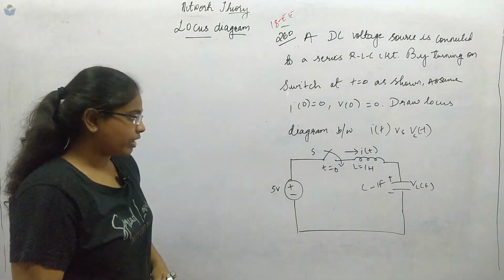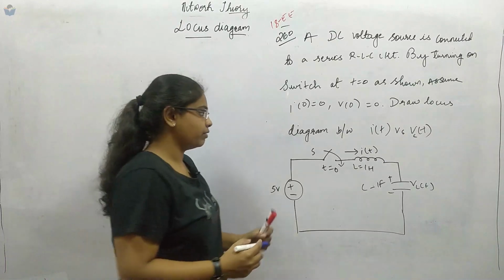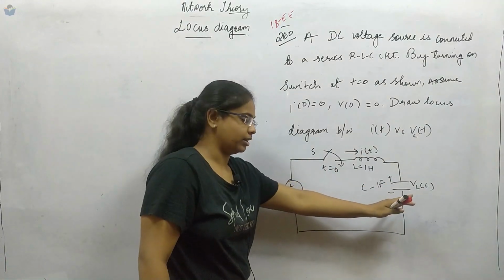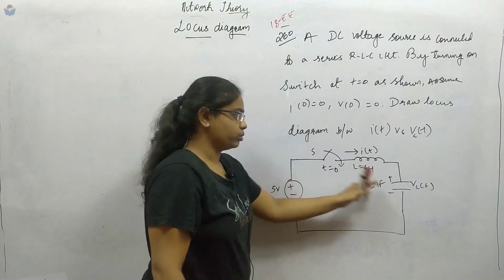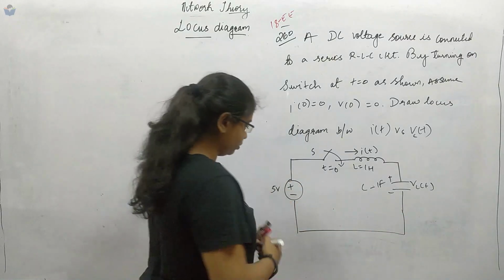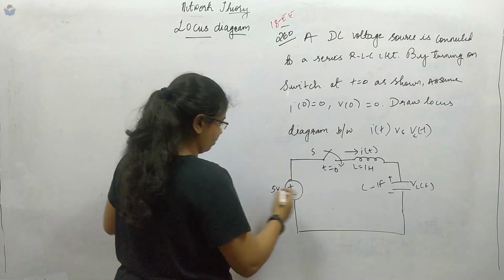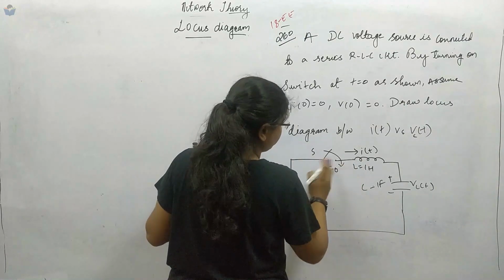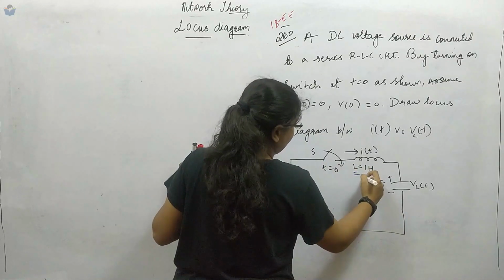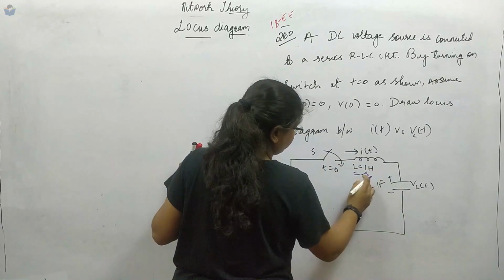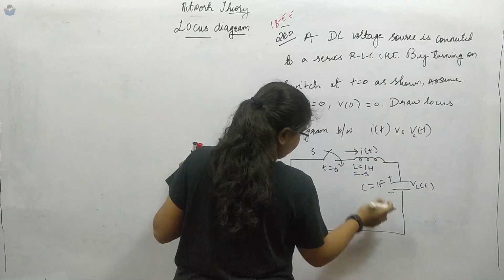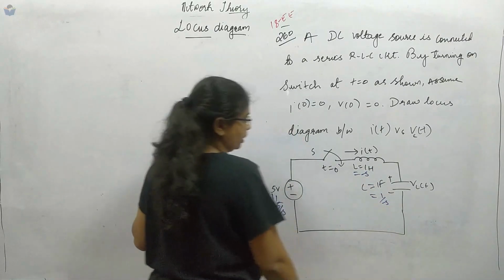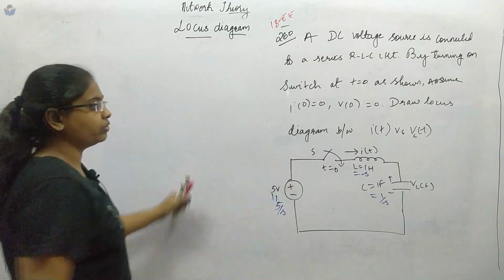the voltage across the capacitor. Now we have seen that in the transient, when we cannot immediately take out the time constant, we will use the Laplace transform. So here also we will do the same thing. So this will be phi by s. We will close the switch. Then this will be Ls, but the value of L is 1, so we will directly write it as s, and the capacitor is 1 by Cs, C value is 1, and that is Vc of s.